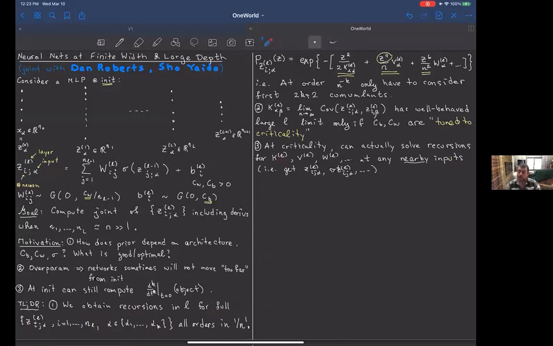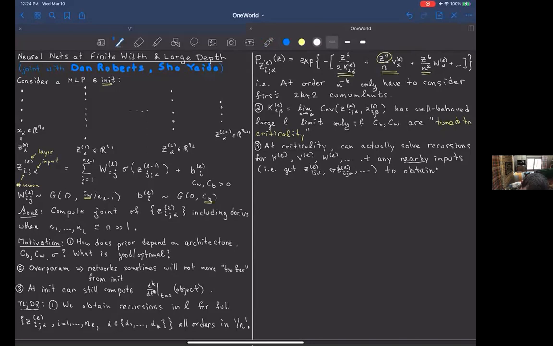For some nonlinearities like ReLU, or for specific cases like hyperbolic tangent, you can solve things more generally. But for very general nonlinearities, effectively for any nonlinearity, we can actually solve these recursions for the coefficients that go into this probability distribution. So we're trying to answer the question of what the network looks like, and I'm saying I can actually write down what those constants are. Okay, and we learn the following really interesting thing.